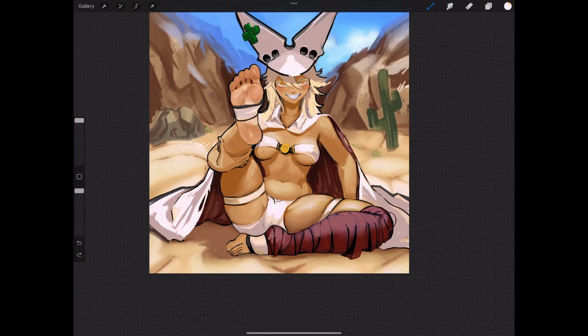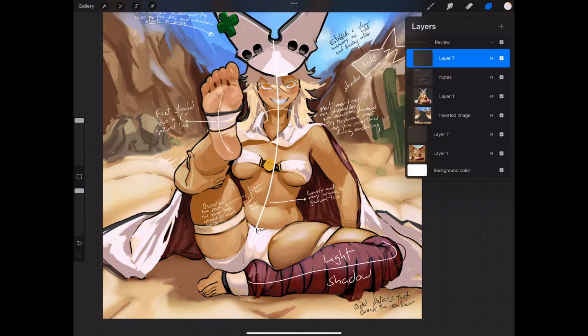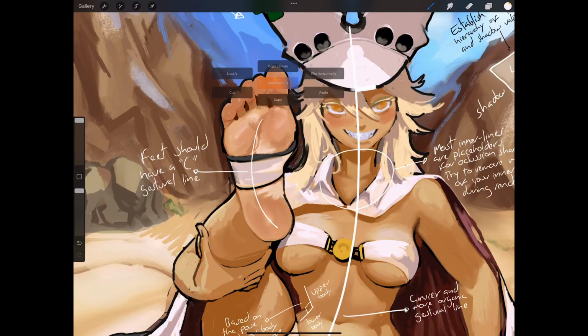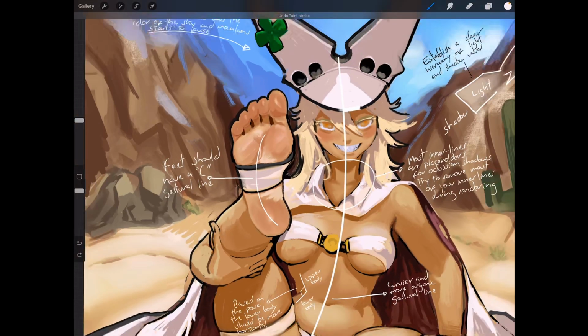Let's bring the notes. Okay. The foot should be more characteristic. It should have a C gestural line that is moving, that is curving outward. Also, the big toe should be aligned vertically with the heel. Okay, that's a perfect vertical line, and that's how you keep the foot characteristic.